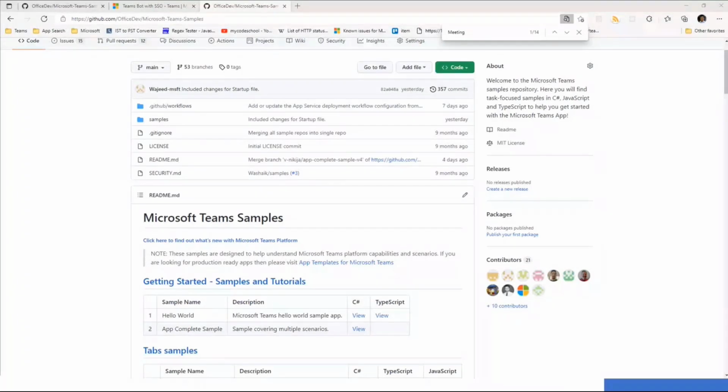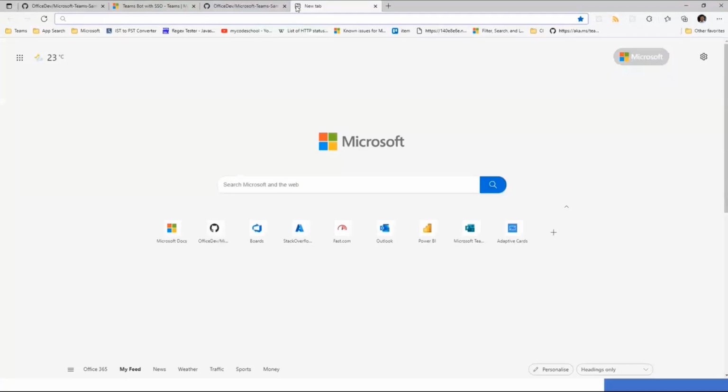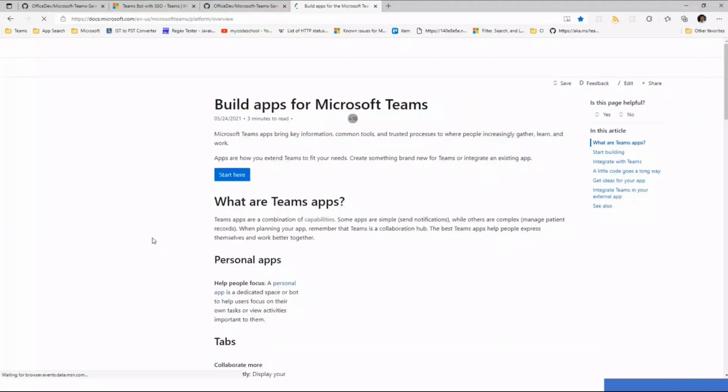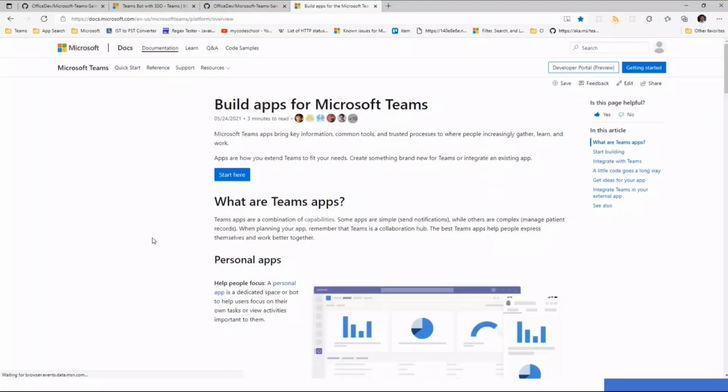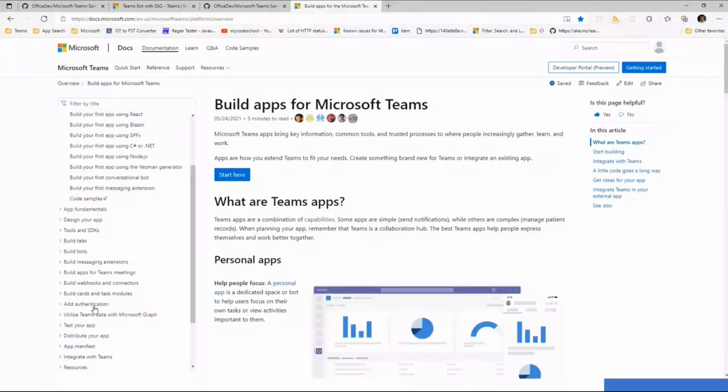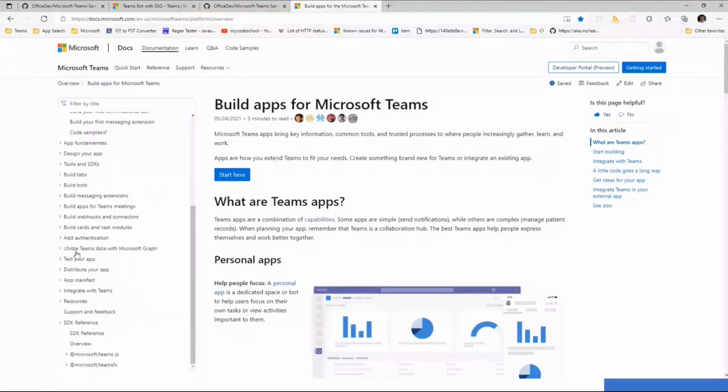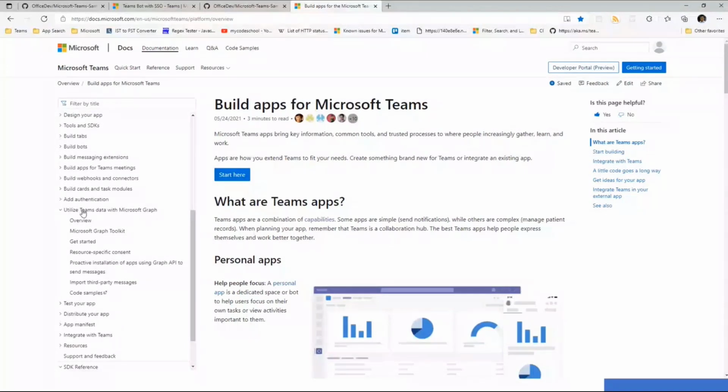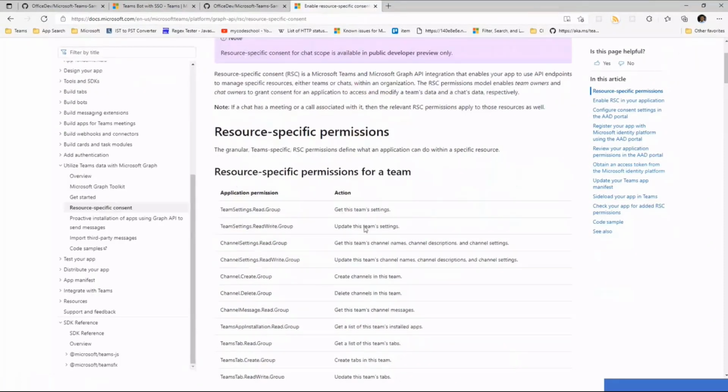Oh, and then someone did ask, they are new to bots, what is RSC? RSC is resource specific consent. This is the permission model change, where we started giving granular permissions, and you'll find more details in the documentation. If you go under utilize Teams data with Graph, you'll see resource specific consent. Now you don't need to go to Teams admin to say, hey, I need to read these Teams details.